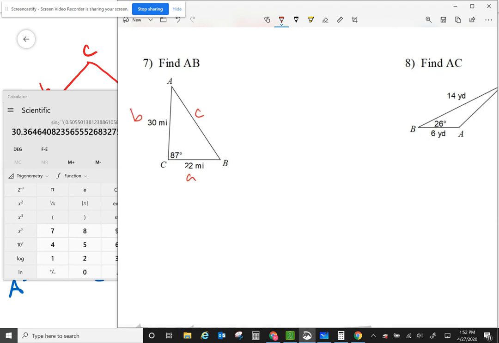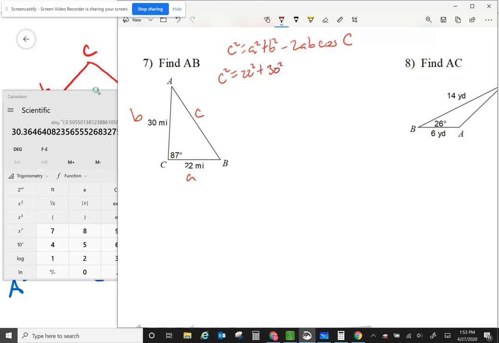I have angle C, so the formula I'm going to use for law of cosines is the one that has angle C. So I have that C squared is equal to A squared plus B squared minus 2 times A times B times cosine of C. So I have that C squared is equal to 22 squared